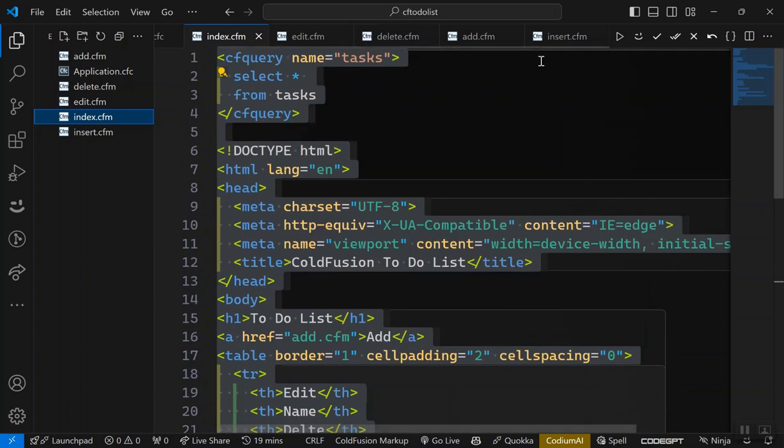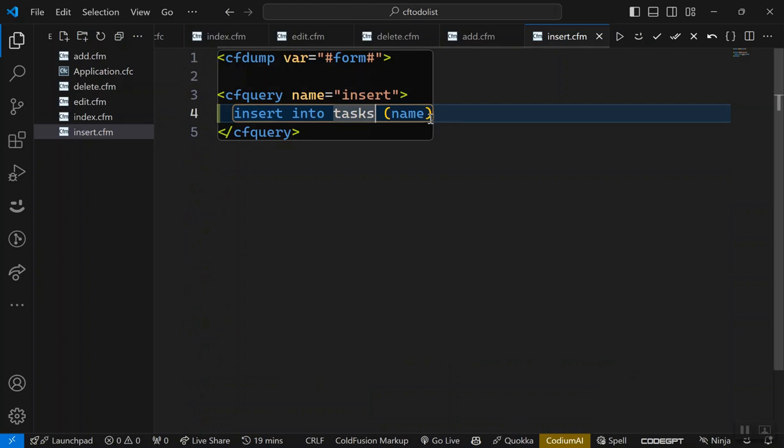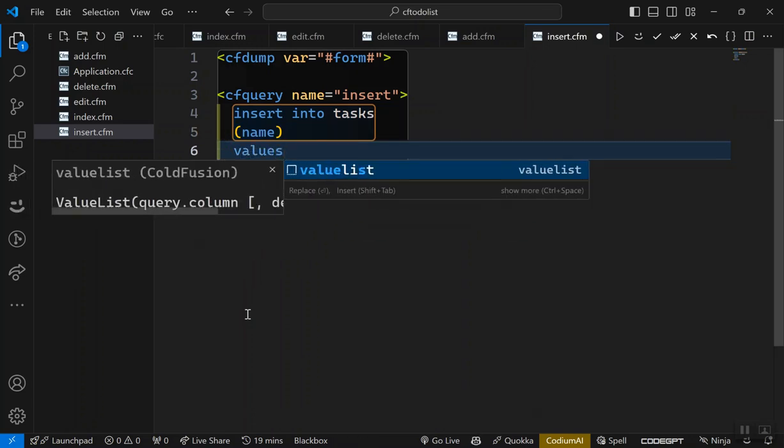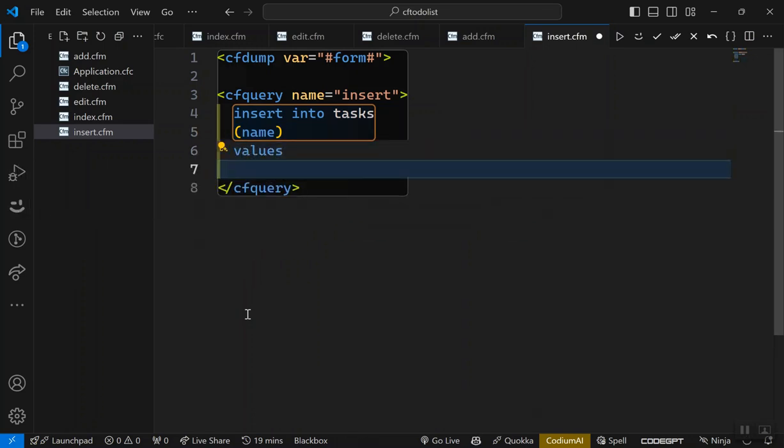No, it's tasks. Okay, so let's go back to the insert: insert name into tasks, and we're going to simply say, I like to have it lined up like this, and then we'll say values, and then we will say what we want to insert is